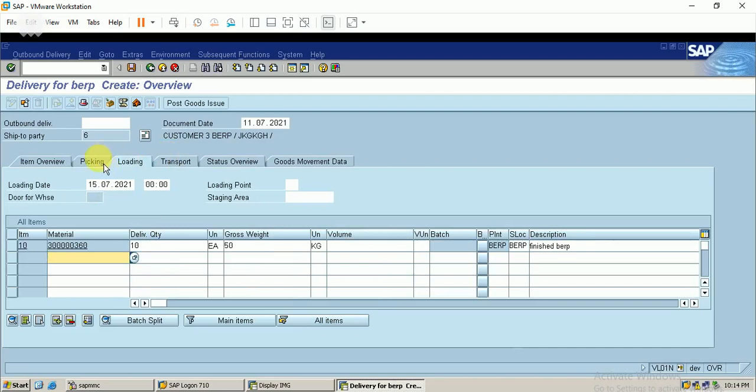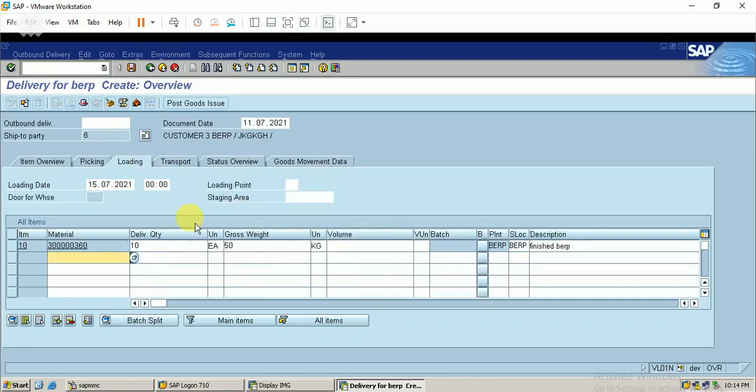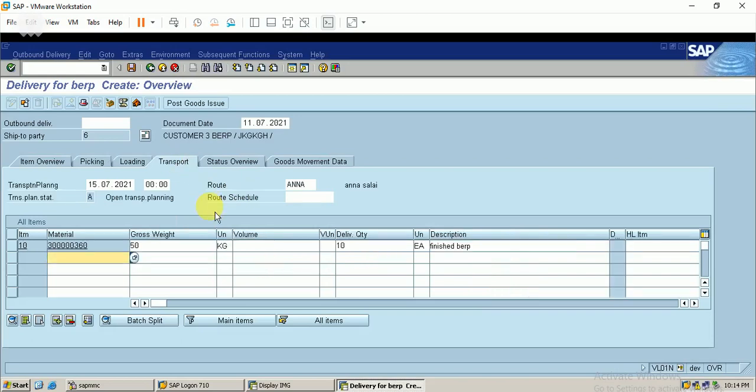And what I can see is the staging date, that is 15/7. I just go on to the loading and the transport tab. You can see the route is determined here from our sales order, and you can see the transportation planning status is open.